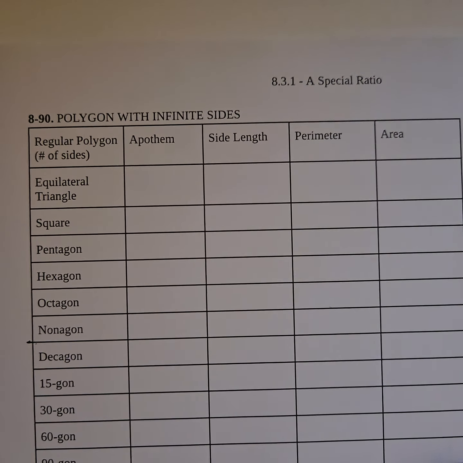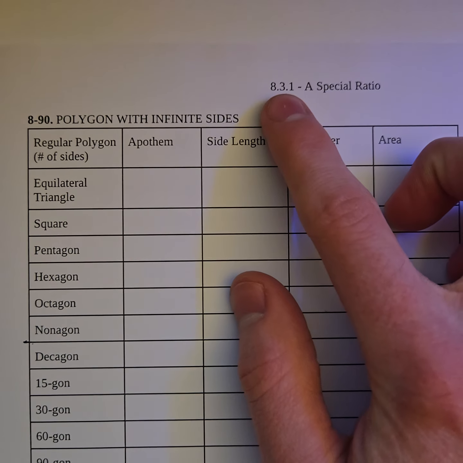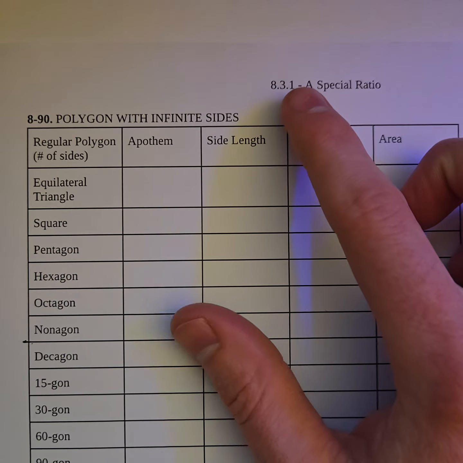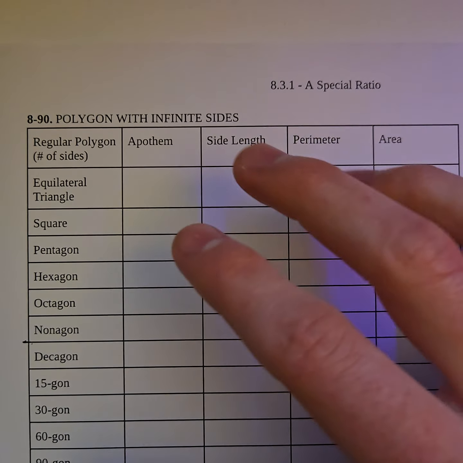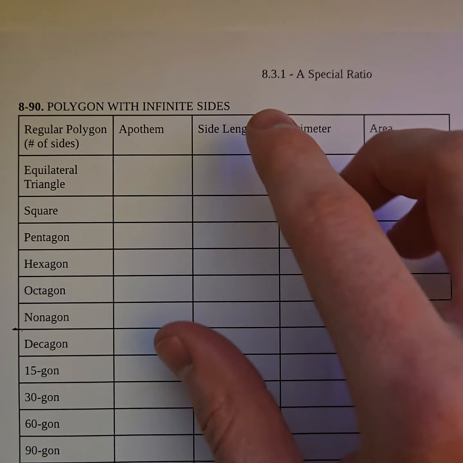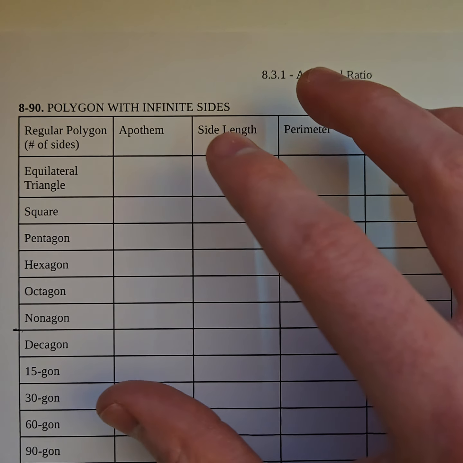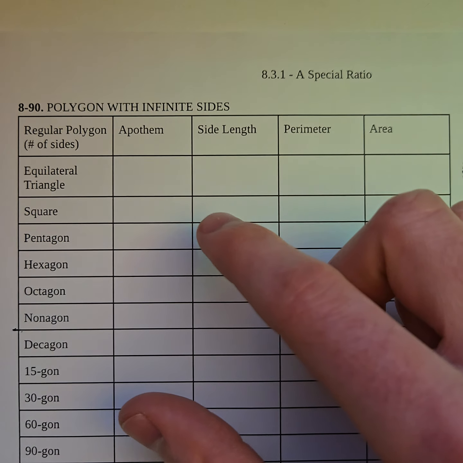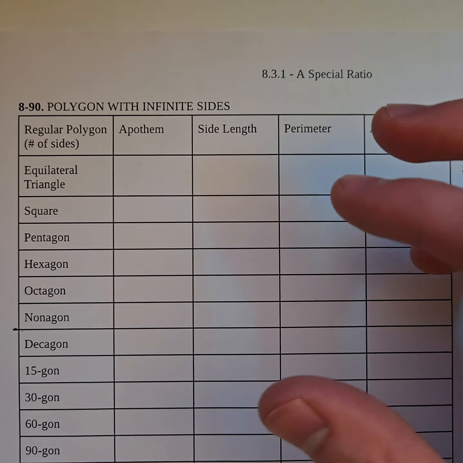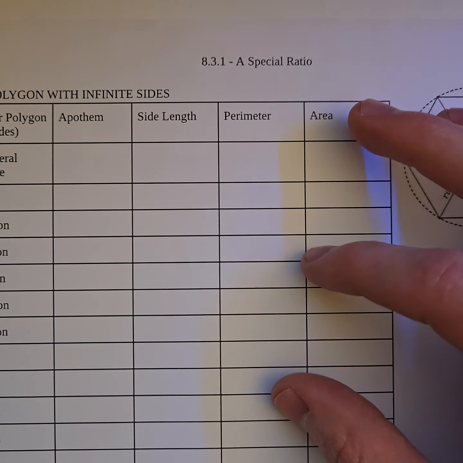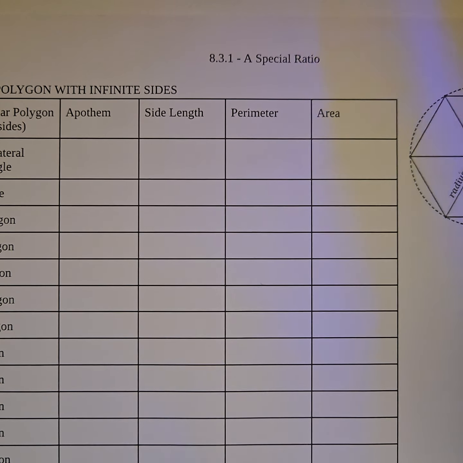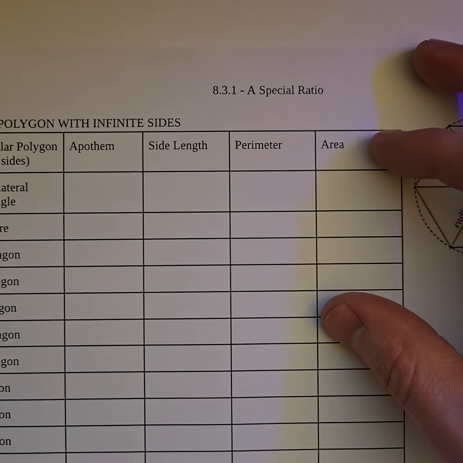All right, geometry, here we go. We're starting section 3 off, and section 3 starts talking about a new set of shapes, okay? And today we're going to be looking at polygons, and we're going to work on finding area and perimeter and collecting data on that. So if you have your book open to 831,